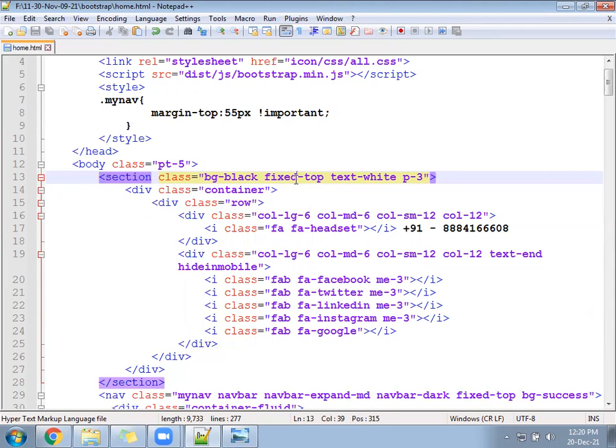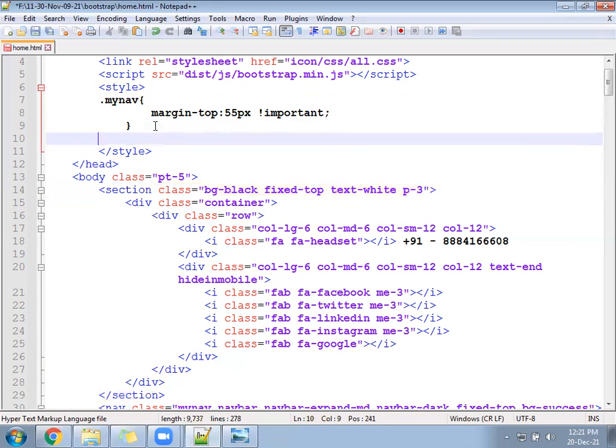So you will apply a condition from 1 pixel to 768. Extra small is 1 pixel to 576. And for small it is 577 to 768. Okay, so let's come.